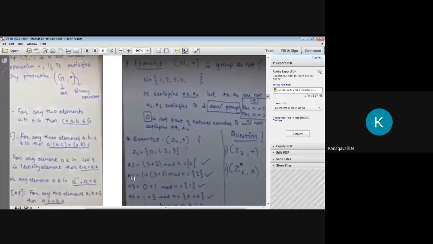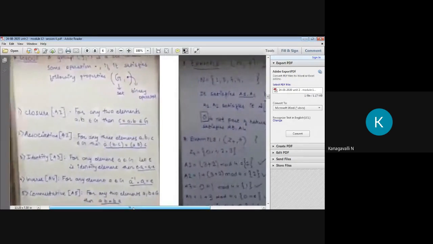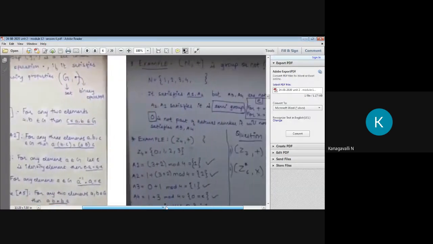What is the second property? Associative property, right? So you have to take any three values, then perform the addition, then take the modulo. See, don't get confused with this property. Here they are writing the multiplication, right? You just change the operator. Here it is a dot. Here I am writing addition because in our question they have given the addition operation. So I am taking any three elements in your given integers. If you want, you can take other values also, nothing wrong. You just calculate based on the given integers, then take the mod, then check whether your remainder is present in the group or not.